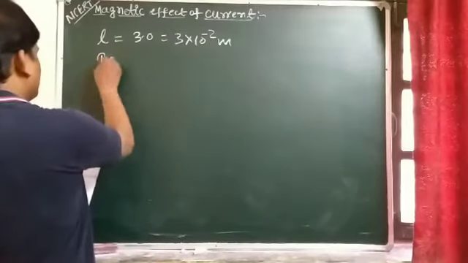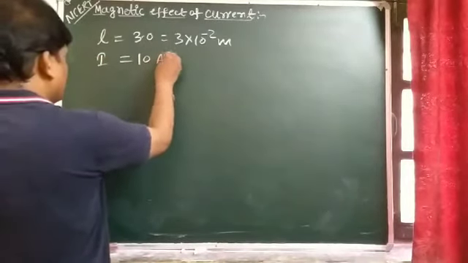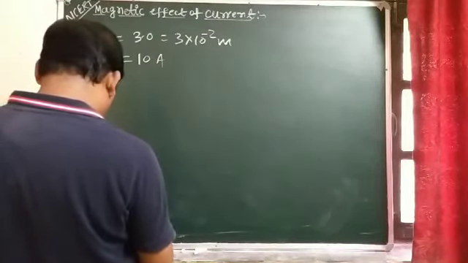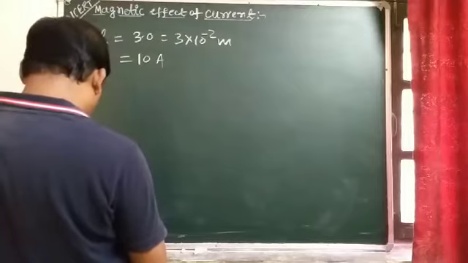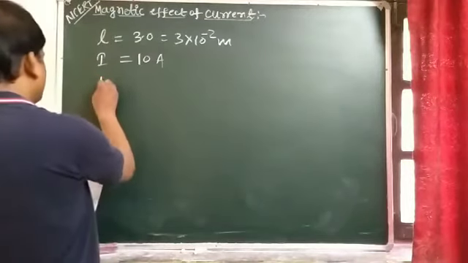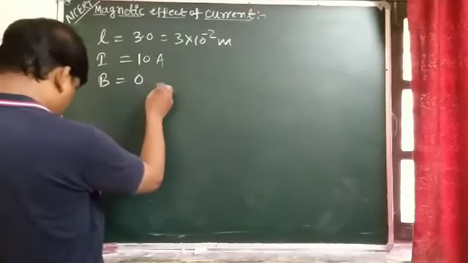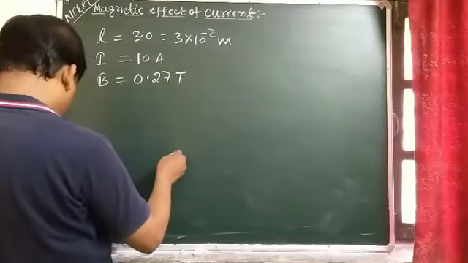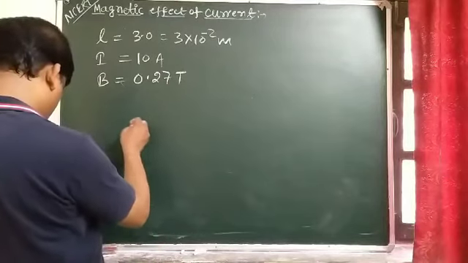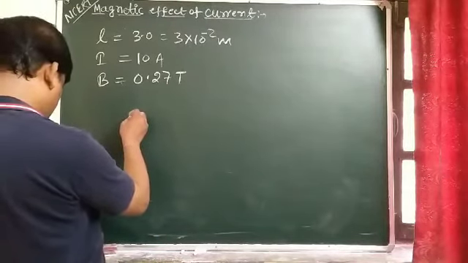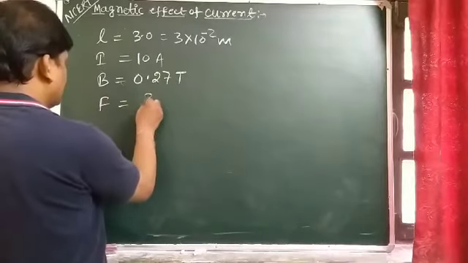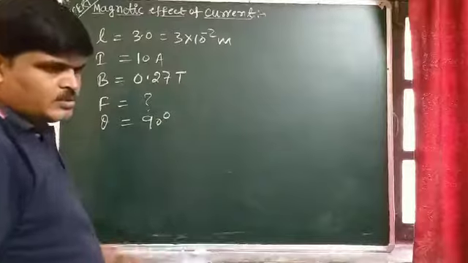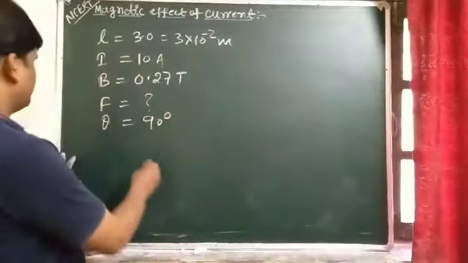It carries a current of 10 ampere. The magnetic field inside the solenoid, that is B, is 0.27 Tesla, and we have to find the magnitude of force on the wire, that is F. And student, here theta is 90 degree. So again we use the same formula, F equal to